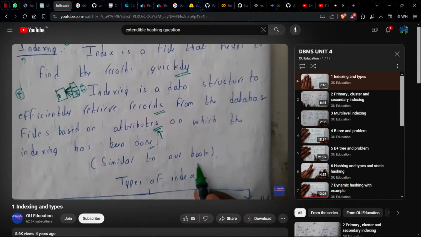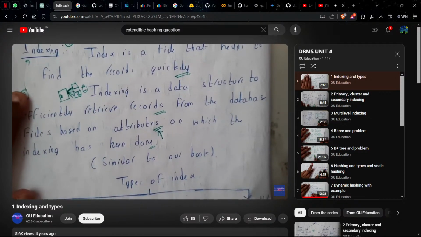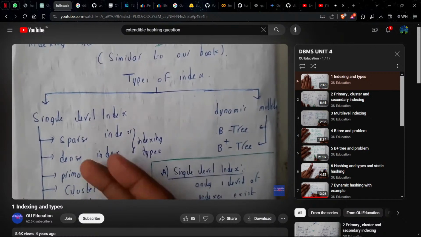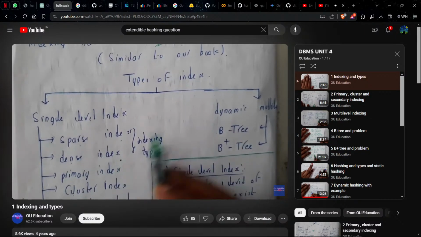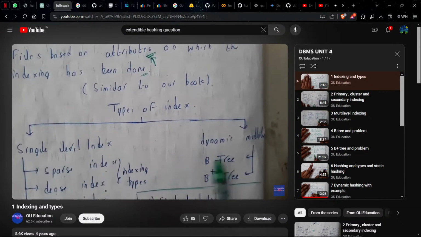On which the indexing has been done. It is similar to the books which we use. Okay, so basically indexing can be represented in two ways, guys. Those are sparse index and dense index. Again, the main divisions of the types of indexing are single level indexing and dynamic multi-level